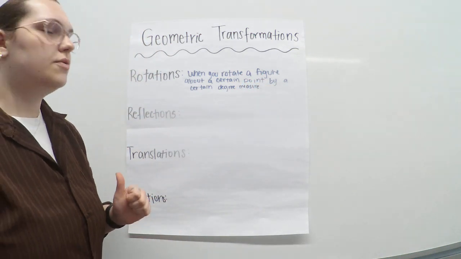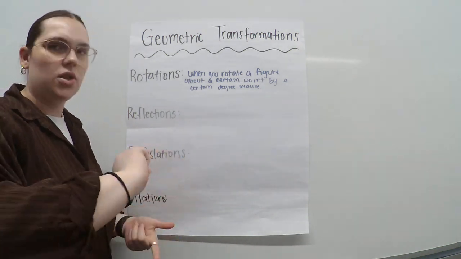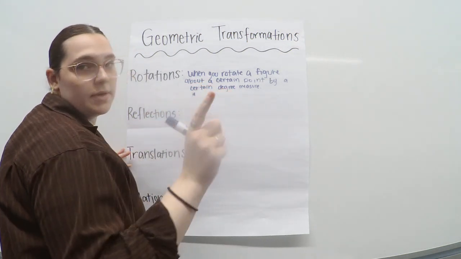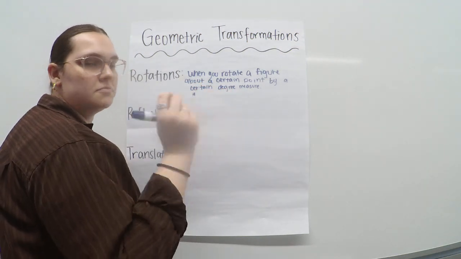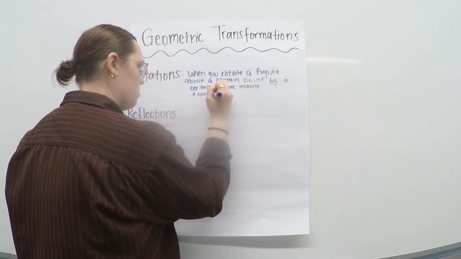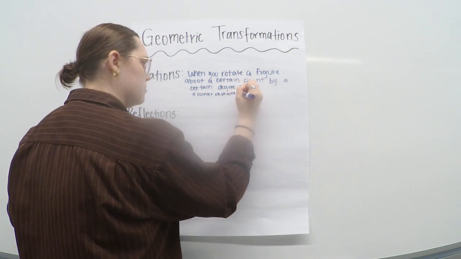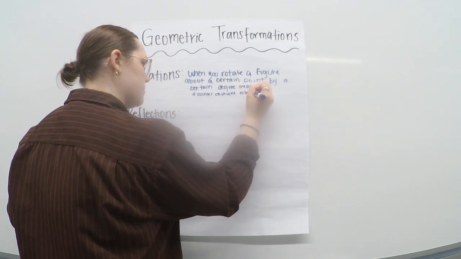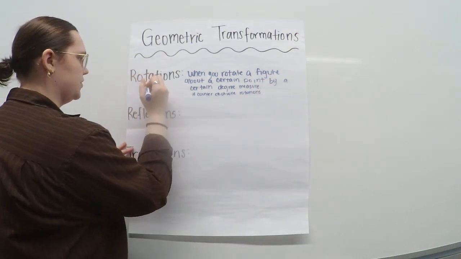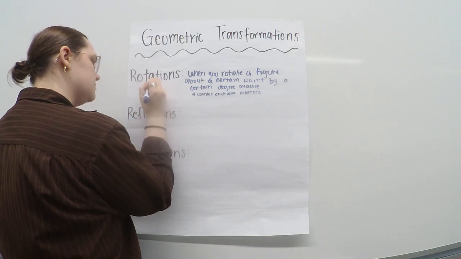So one thing to note with rotations too is when you rotate something, you always rotate it in the counterclockwise direction. So let's make sure we note that. It's always counterclockwise unless otherwise stated. So what does this look like? Let's draw a picture. So if I start with my triangle, ABC,